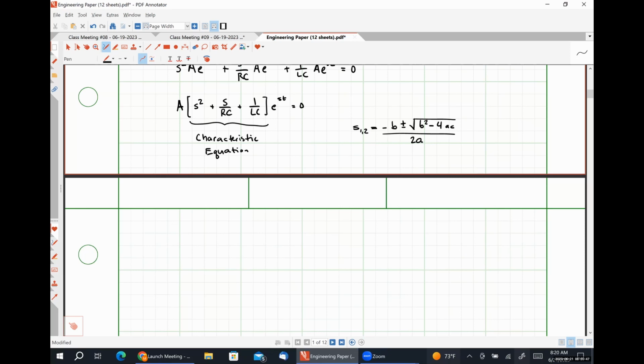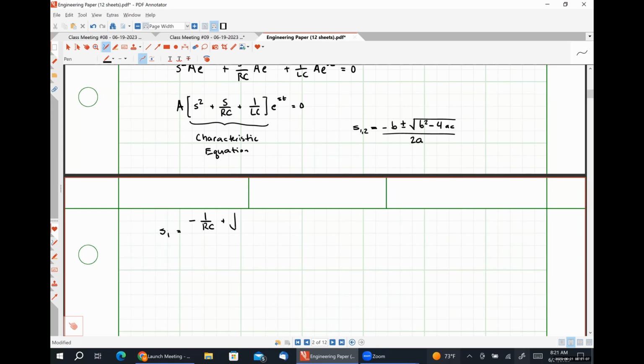Okay. So let's look here and say that s1, so this is going to be when we use the positive sign. b in this case is going to be 1 over RC, so we're going to have negative 1 divided by RC